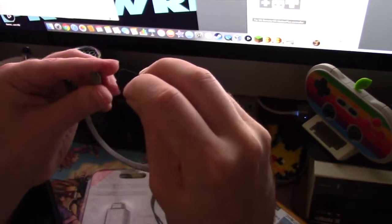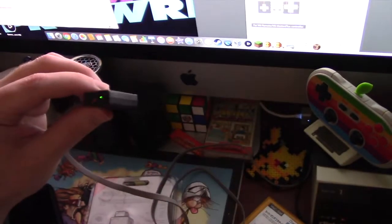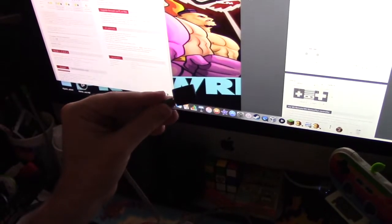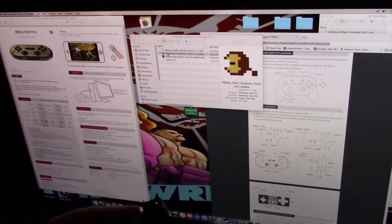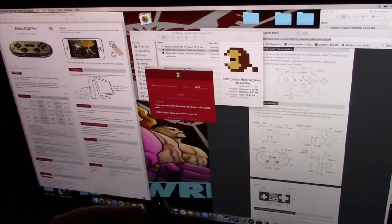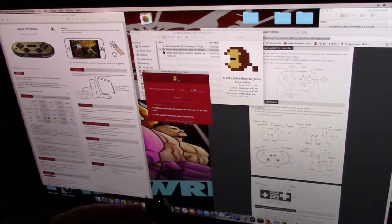So now what you do is you hold down that button, the red button, and plug it in, and it turns green. There. Okay, so once you have that flashing green, you go up to your folder with your tools in it and you start your tools, and if you have a Mac you have to add that to the security permissions, and then you click update,